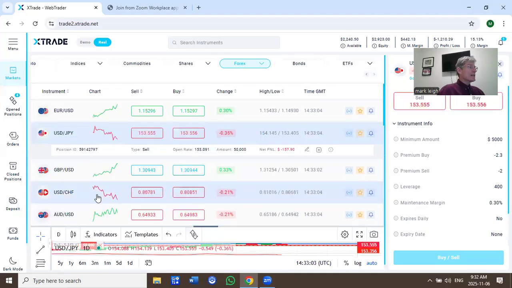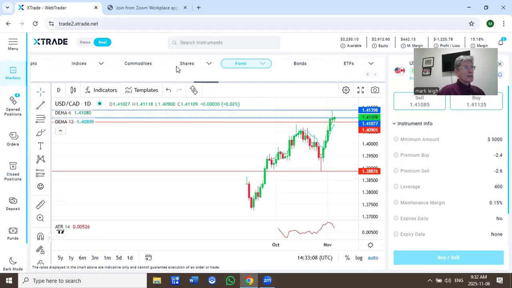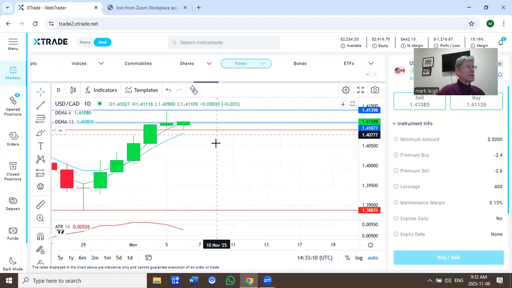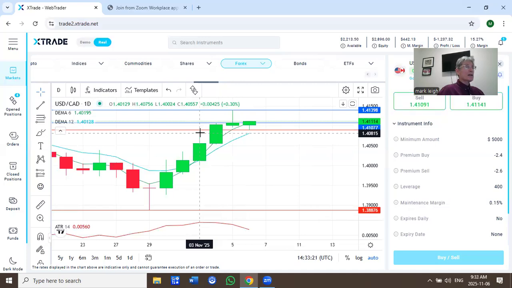US dollar against the Canadian. There you can see US dollar maintaining against the Canadian. Canadian not able to fight back. The other majors all have fought back today against the US, not so much the Canadian. Little wick over here, but the US dollar is already a green candlestick and currently sitting higher than the open. I've got support at 140.90